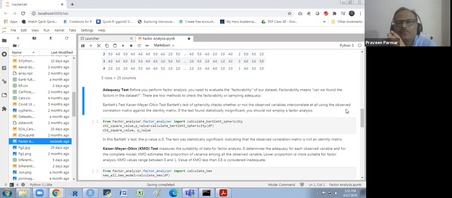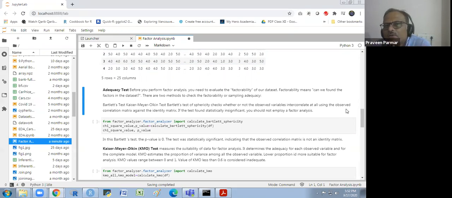Now we perform some adequacy tests. Before you perform factor analysis, you need to evaluate the factorability of your data set. Factorability means, can we find the factors in the data set? There are two methods to check the factorability or sampling adequacy: Bartlett's test and the Kaiser-Meyer-Olkin test.